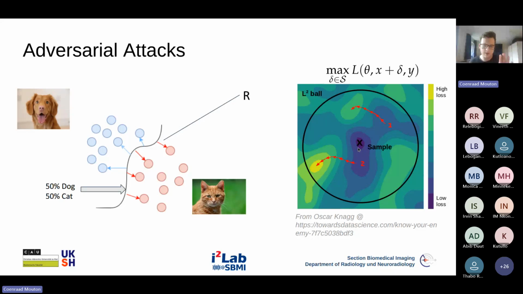So essentially, what this is showing is that this sample is labeled as a cat. And if you compute the loss between your network's prediction for the sample and the label of cat, you can see how the loss will change. So if we move the sample slightly, add a little bit of noise, say in this direction, its loss is going to be higher. If we move in this direction, the loss is also going to be higher.